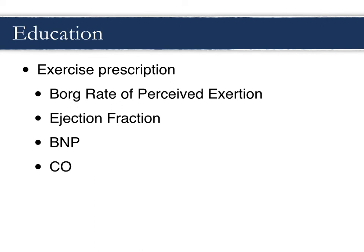So the other part of the education, that exercise prescription, we need to help them be very familiar with the Borg RPE, because that is the way that we're going to teach them all the time. Now, there is a modified Borg RPE. It's a 0 to 10 scale. I think some patients find it easier to utilize that scale. And on that scale, we're looking for them to try to maintain a level of 2 to 3 during their